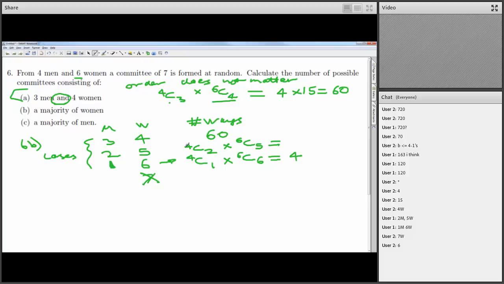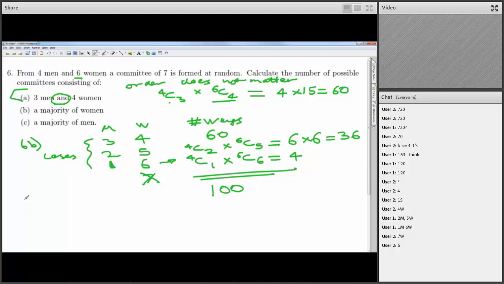For this middle one, 4 choose 2 is 6, which is perhaps what you're writing down. And then 6 choose 5. Basically, I want to pick 5 women from 6, so you have to pick the lady that you don't want to include, essentially. And so there'll be 36 ways for that. And what I want to do then is sum up each of these. I've got 60 for the first case, 36 for the next one, 4 for the next one. Add up these numbers, gives me 100. So I'll have 100 different possible ways of picking a committee in this particular situation where I've got more women than men in it.